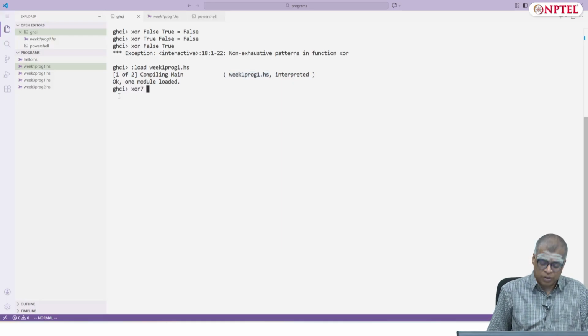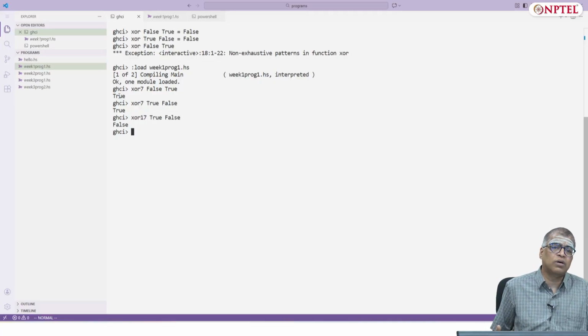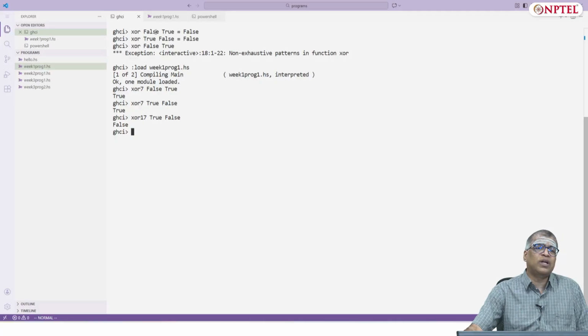I can say XOR 7 of false true. I will get true as an answer. XOR 7 of true false is also true. I can also ask for XOR 17 true false. I will again get false. Yeah, because XOR 17 was a false definition.